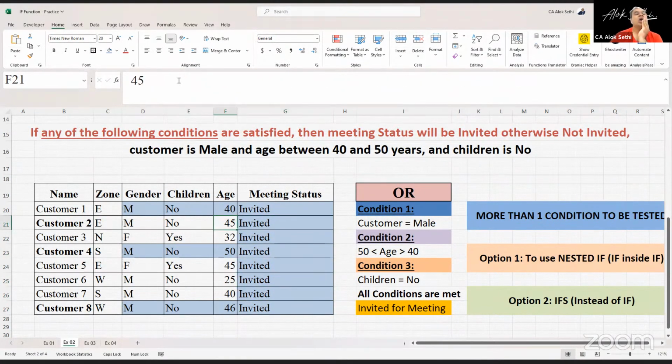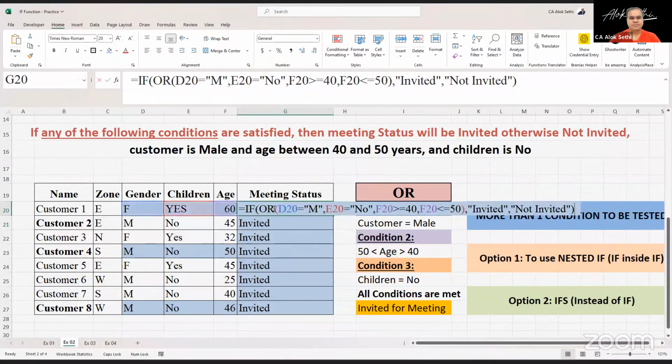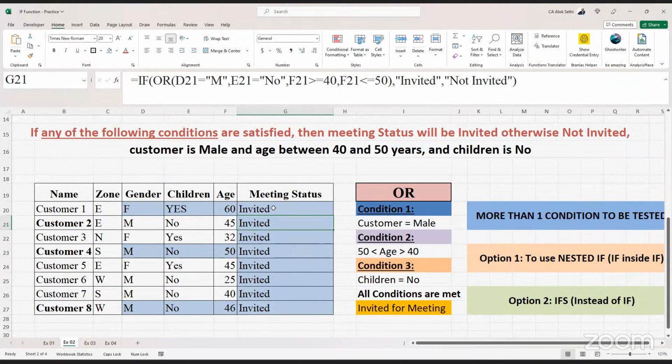क्यों? क्योंकि एक ना एक कंडीशन तो फुलफिल होनी ही है। अच्छा, कभी ऐसा होगा क्या कि तीनों में से कोई भी एक कंडीशन सेटिस्फाई नहीं हो रही? वो कब हो सकता है बताइए? मान लीजिए मेल को हमने कर दिया फीमेल, और चिल्ड्रन को कर दिया यस, और एज को कर दिया 60, तो क्या होगा? तो फिर क्या होना चाहिए? नॉट इनवाइटेड। तो क्यों नहीं हो रहा है इनवाइट? इनवाइट हो रहा है अभी भी ये।